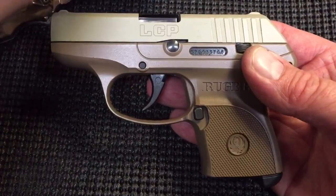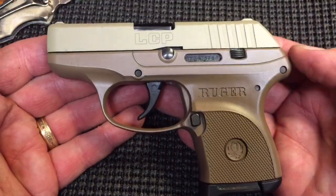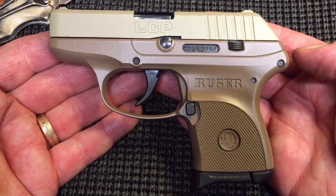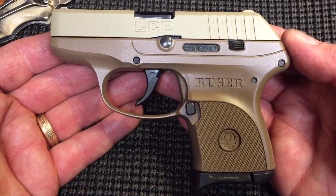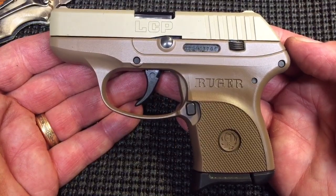But at this point, like I said before, I put in around 450 rounds of practice ammo and defensive ammo. So it now goes officially into my CCW rotation, and I will be using it as a pocket carry pistol. I have the other one as well, so I'll probably end up using this one a lot on the bicycle, and anytime that I really need something really flat, even smaller than my CM9,